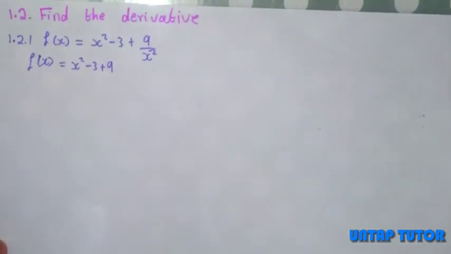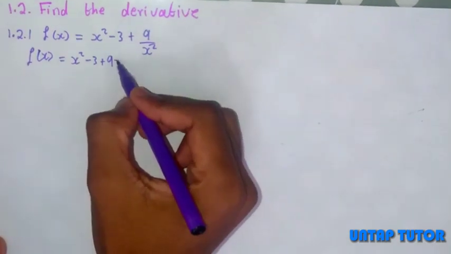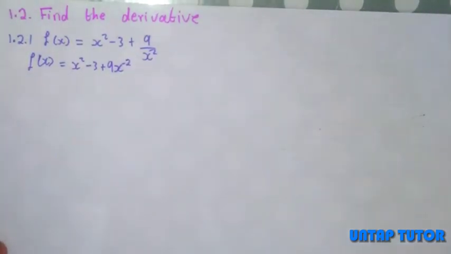So how do we get rid of the x squared in the denominator? We raise it and multiply it to the 9 on the numerator. But then if we do that, the exponent is going to change. Using the laws of exponents, it's going to be negative 2. So it changes into a negative exponent, 9 times x to the negative 2. So now doing our checkups again: no brackets, no roots, no x in the denominator. So we can now go ahead and